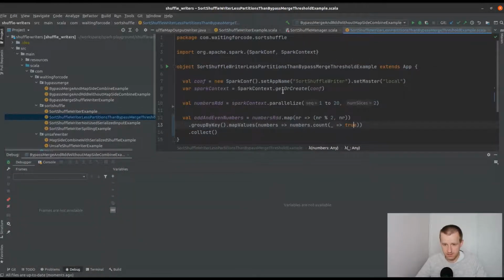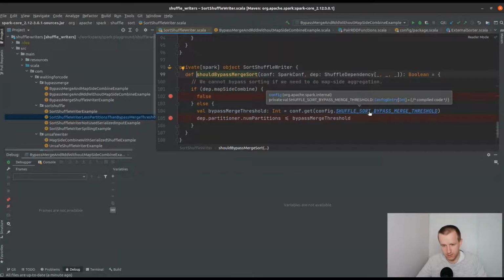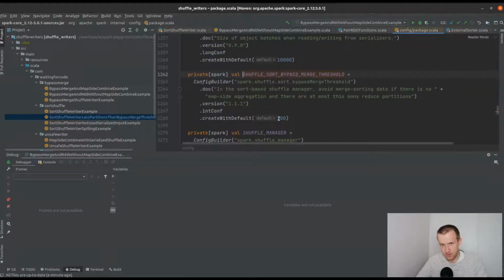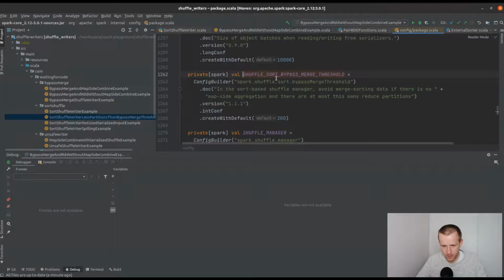So in the second example, I will show you what happens if we have very few shuffle partitions. In occurrence, we have only 2, and we didn't modify the value of this configuration property, which is equal to 200, which corresponds to the default number of shuffle partitions. And in this test, you will see that we will use